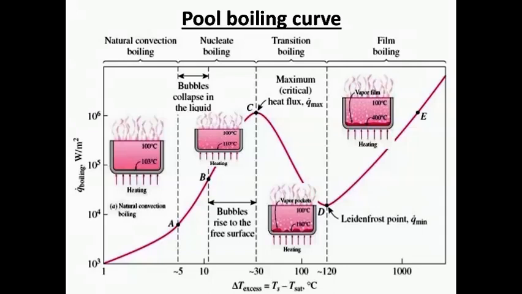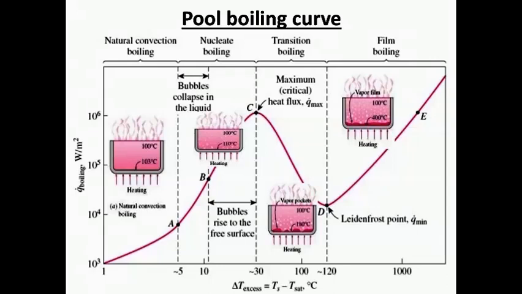In the natural convection boiling regime, where the delta T excess is less than 5 degrees Celsius, heat transfer from the heating surface to the liquid is by natural convection only. When excess temperature increases beyond 5 degrees Celsius, the nucleate boiling regime starts at point A. The first bubbles start forming at point A of the boiling curve at various preferential sites on the heating surface. The bubbles form at an increasing rate at an increasing number of nucleation sites as we move along the boiling